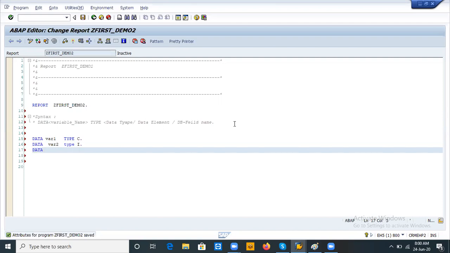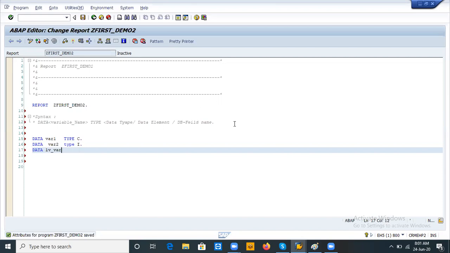So one more variable I am declaring. DATA. Now I want to provide a data element. For that I am taking LV. LV is nothing but local variable. In real time we will use LV, meaning local variable.